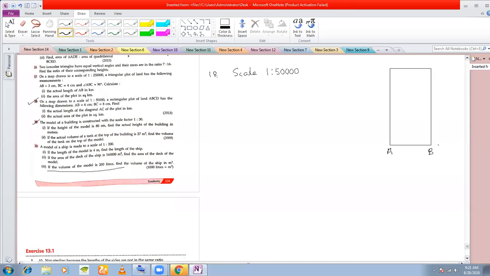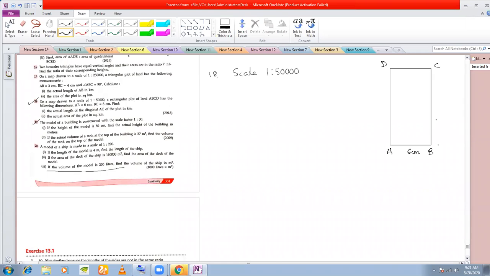Sir, which number are you doing? It is not given in my book. This number has to be given. This is an ICSE problem, 2018, it has to be given. Maybe the numbering is different. Let me see.